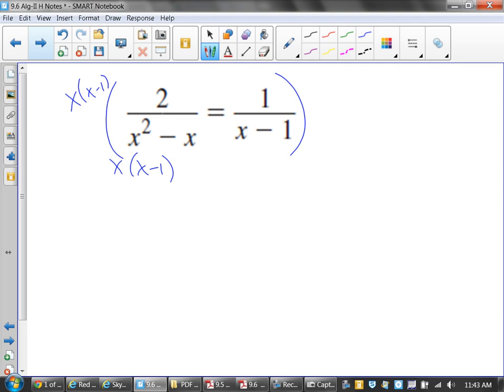Does the first fraction have both of them? Yeah. So what does that simplify to be? 2. The second one needs the